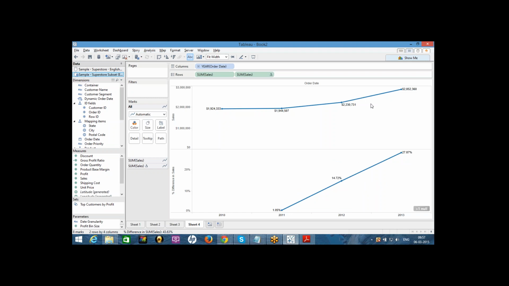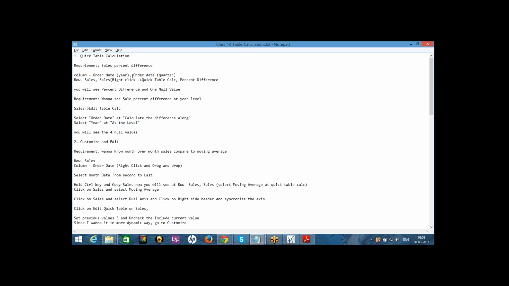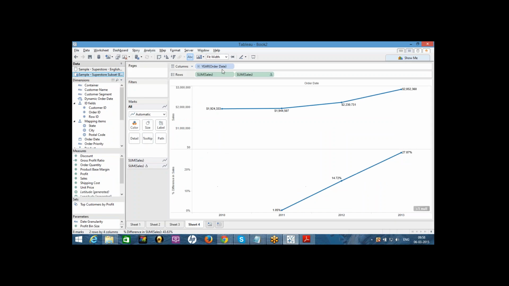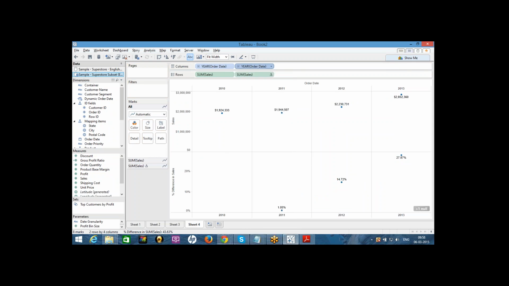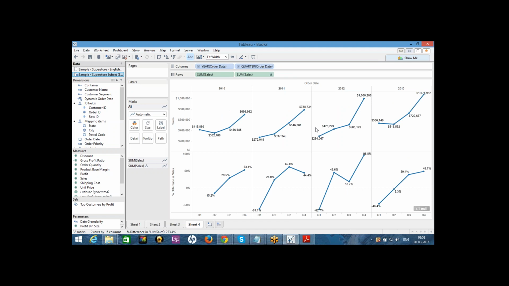And if I wanted to implement the same thing quarter wise, order date at quarter level, so how? Quarter.